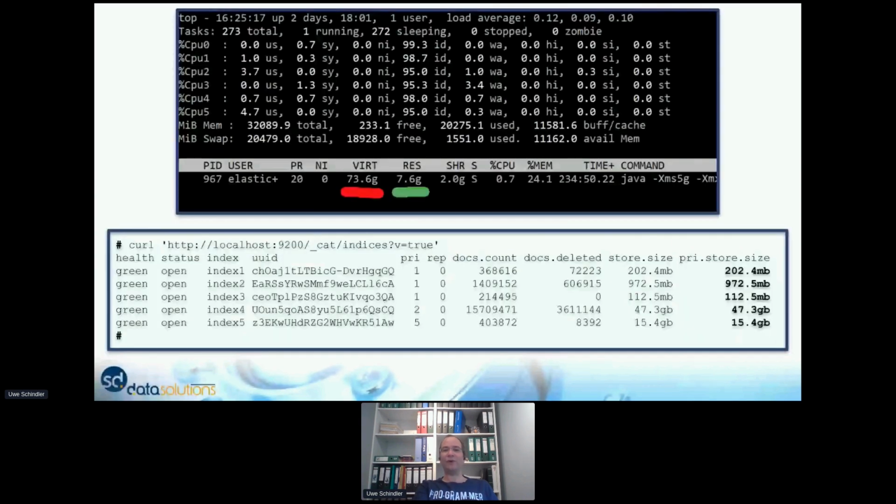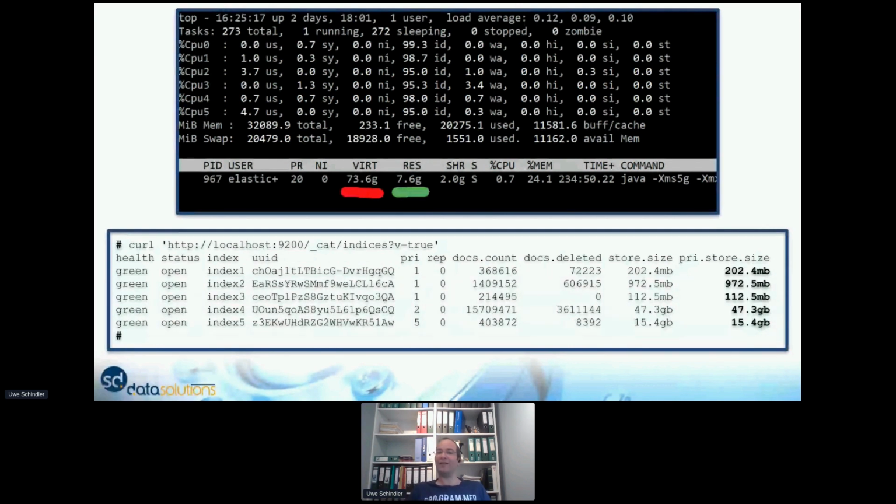So if you look at your operating system, it mostly looks like that. That's also an important thing: when you're looking at that, there are two things, the red one and the green one. The resident memory is 7.6 gigabytes here, but you have a virtual memory of that Elasticsearch process, this is Elasticsearch in that case, of approximately 74 gigabytes. And if you compare that with the output of your cut indexes and you sum that up, you are very, very close to that virtual address space.